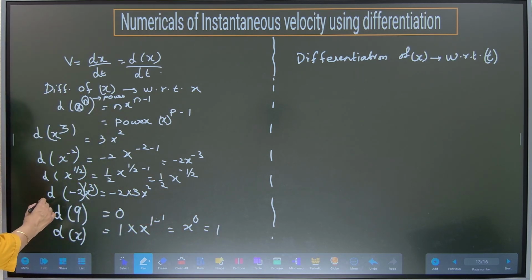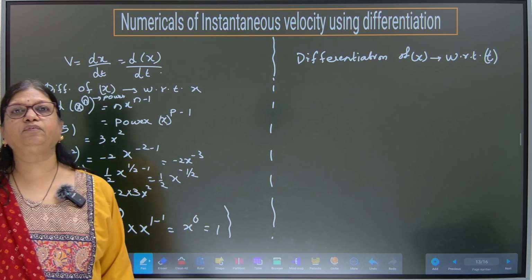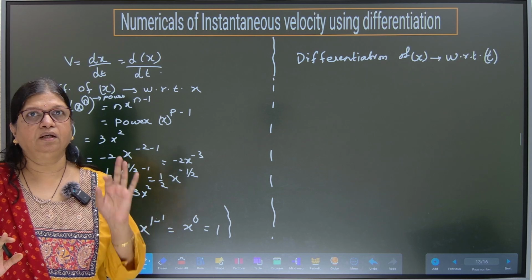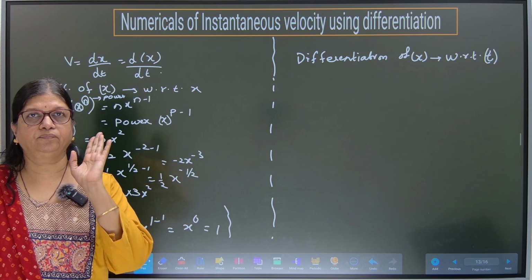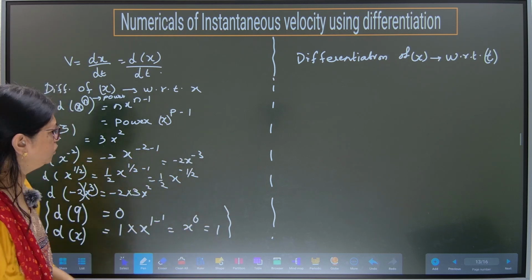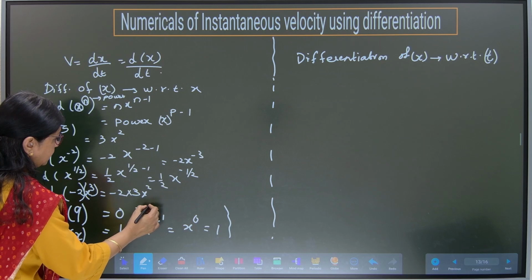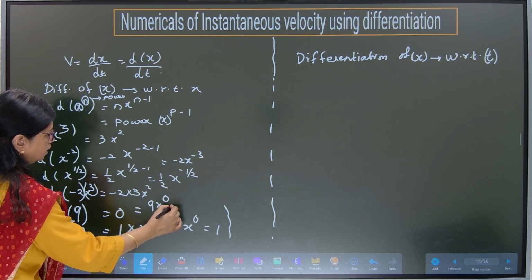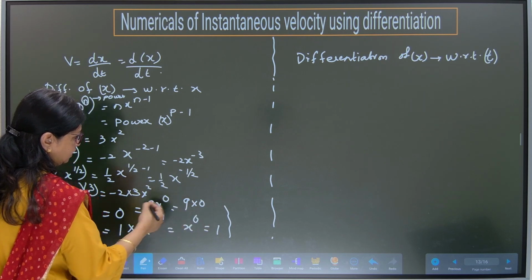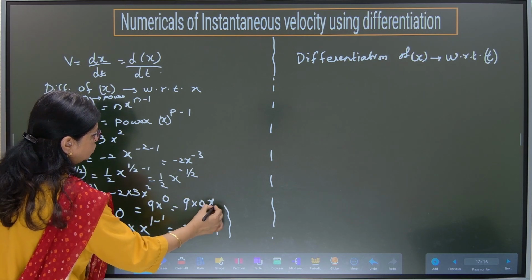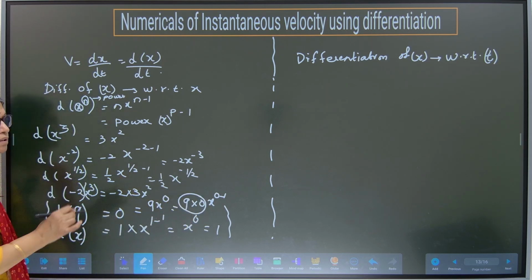So these are two exceptional cases which you have to remember with the same logic. Differentiation of a constant is always 0. Why? That also you see, if I have written a constant here, it means what? It means 9x raised to 0. So what is differentiation of 9x raised to 0? 9 into 0. Power is 0, no? So x raised to 0 minus 1. So whatever the power may be, here I have a multiplication with 0. So my answer is 0.